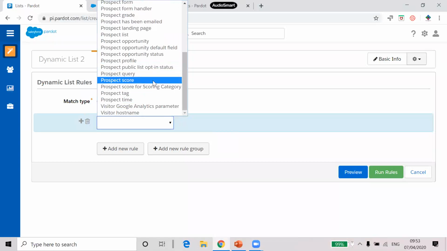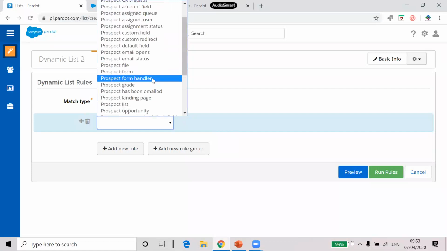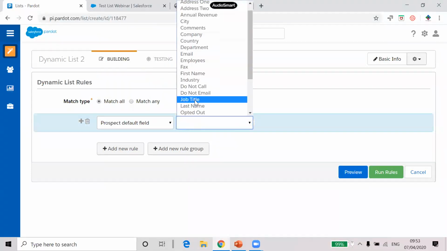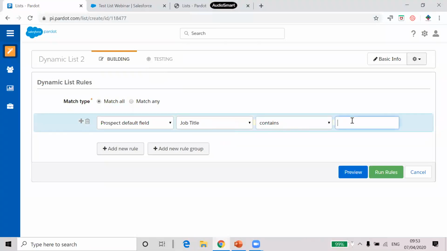But let's say that we want to look at a list of prospects with a particular job title. Let's say we want their job title to contain manager. If you want to add more job titles in here, you can add the comma and add in CEO, for example. And you can keep going. I think you can add 1,000